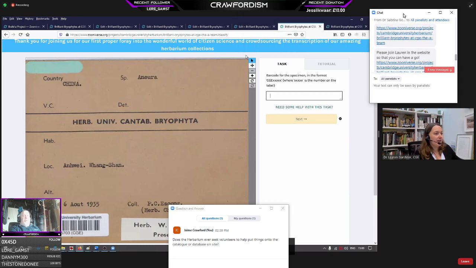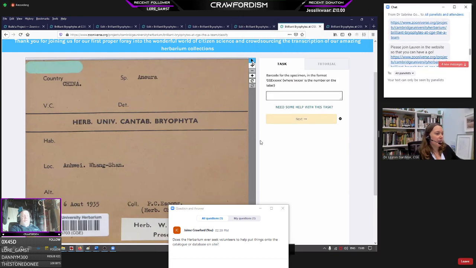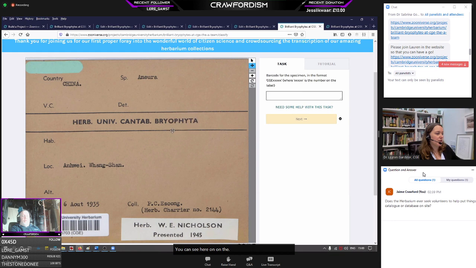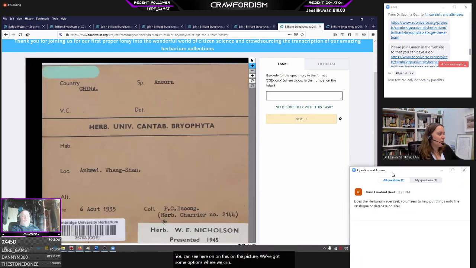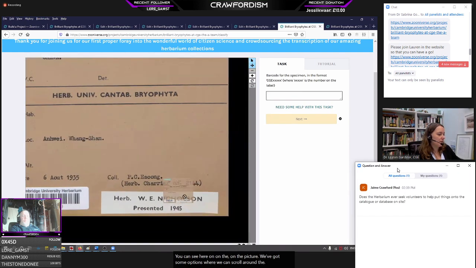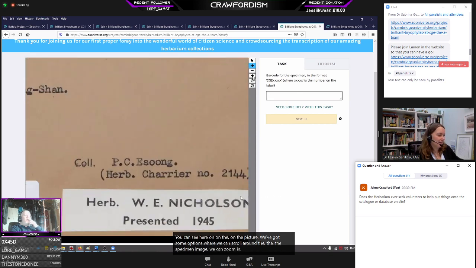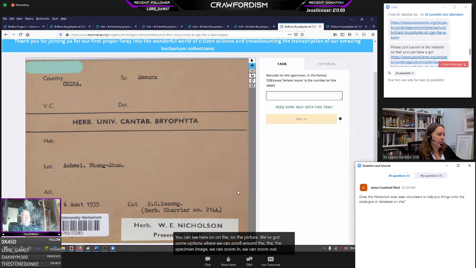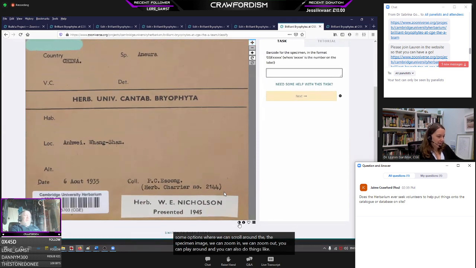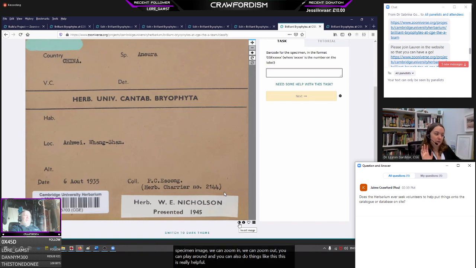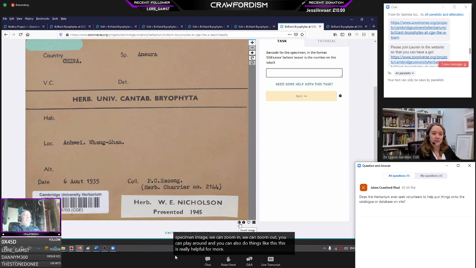You can see here on the picture, we've got some options where we can scroll around the specimen image. We can zoom in, we can zoom out. Yeah, you can play around. You can also do things like, and this is really helpful, for more standardized specimens where you have a,